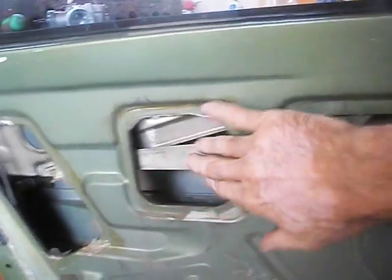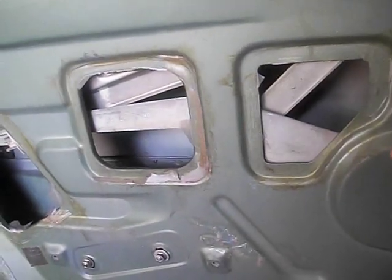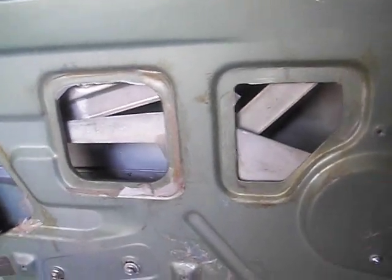Now, the fix, I did some research about window regulators. I talked to one guy at the store. He said I probably need a new regulator. There's things that can go wrong in here. And they don't have a left regulator, probably because all the left regulators get rolled up all the time on the driver's side. So they're all, maybe in Japan you can buy them. Anyway,